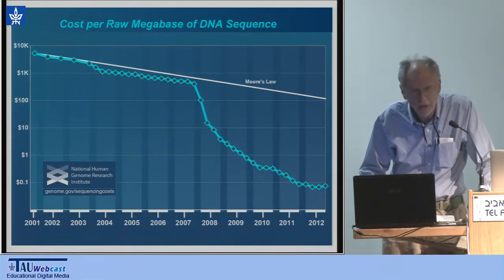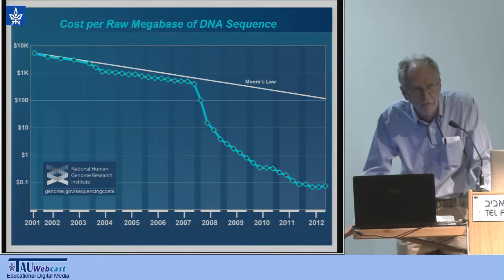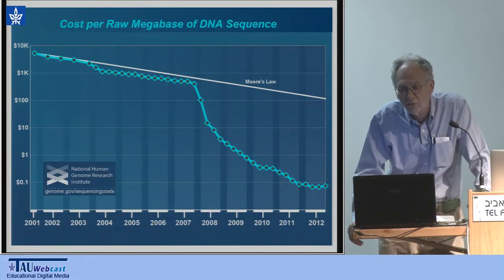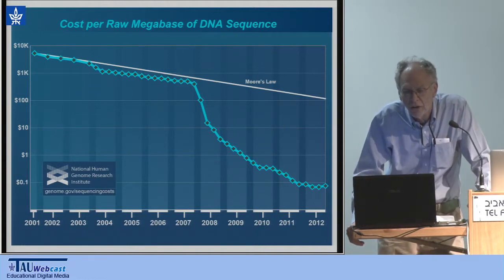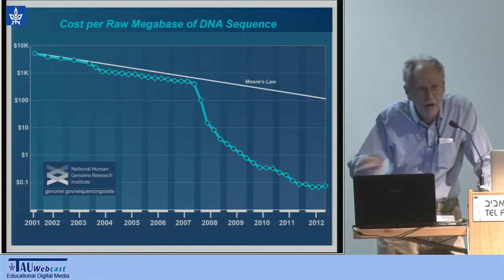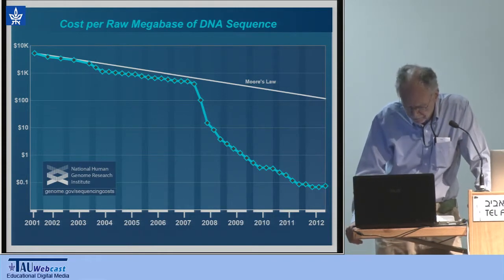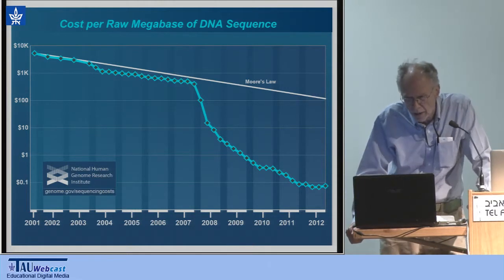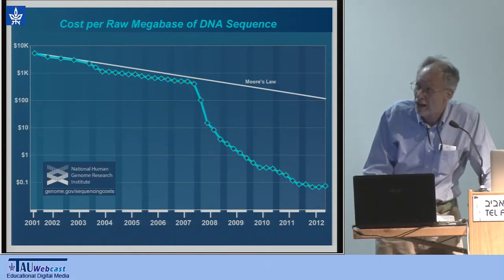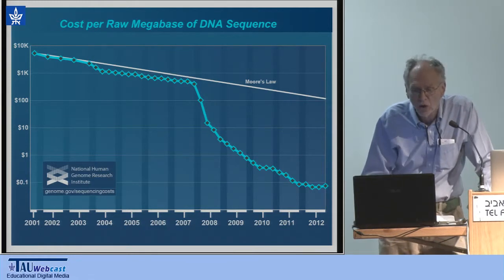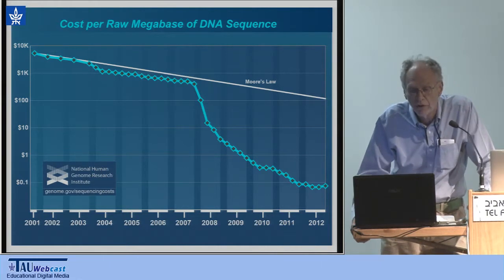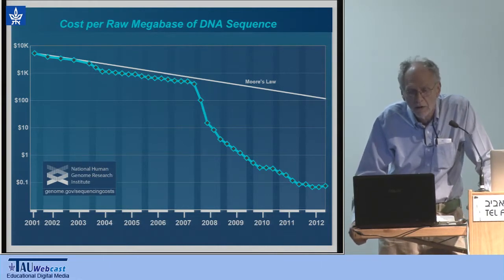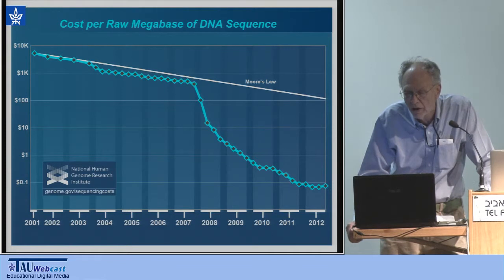And this slide, many of you have probably seen, but I show it in every talk. The cost for a megabase of DNA sequence, 2001 to 2012. Moore's law is halving every year, I guess, year and a half. So that's the top line, and the actual cost is the graph that dives. So it goes from $8,000 in 2001 to 8 cents in